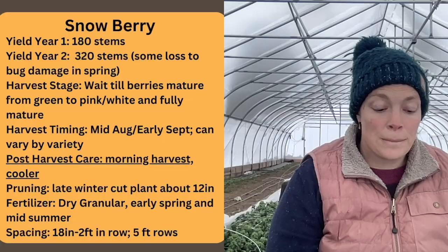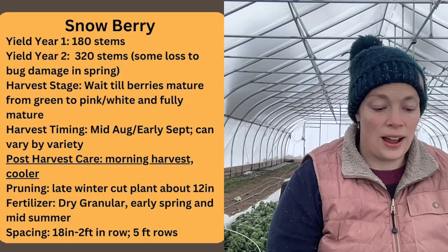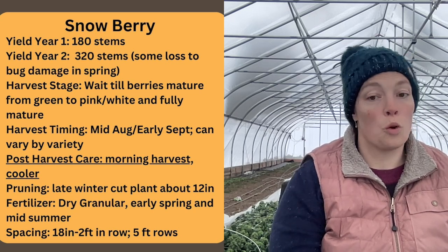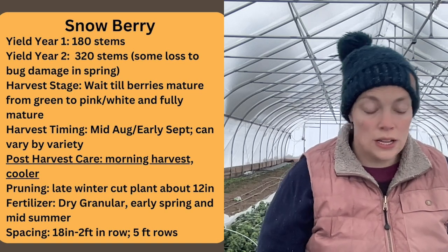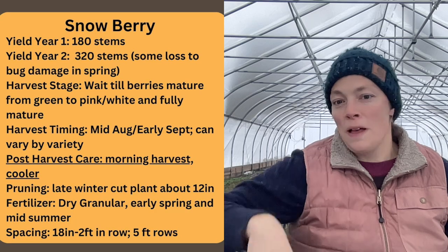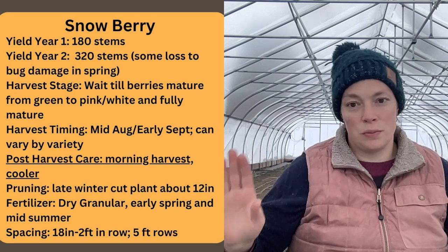Okay, moving on to the next plant, which in my planting is Symphoricarpos, or snowberry. Just to run down the facts, I plant them 18 inches apart. I prune them to 12 inches. You prune them hard, and they grow almost from the ground up. From that 12 inches, they grow to easily be